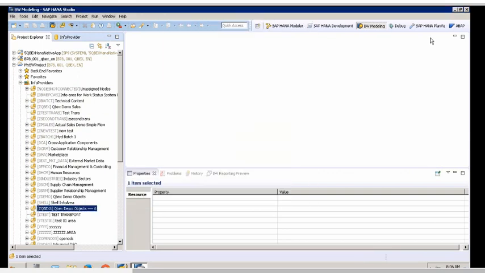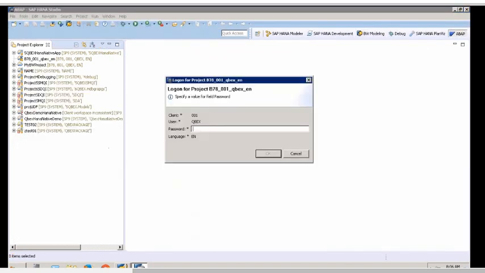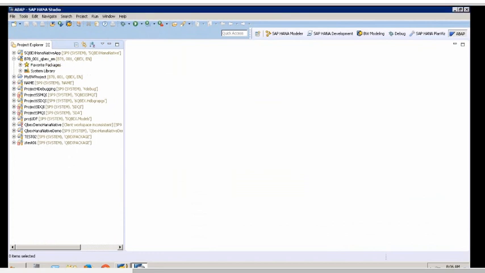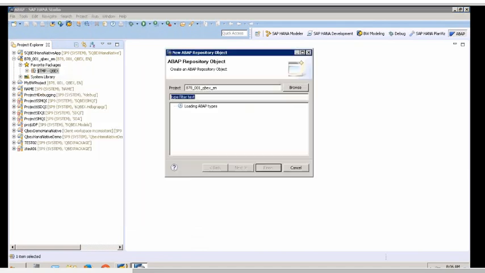Say if I want to work on ABAP specific to HANA, then I'll go to the ABAP perspective, then I'll go with an ABAP project. So you want to create what? You want to create an ABAP class or ABAP program or any kind of ABAP. You want to create some data dictionary, you want to create a table, a dictionary database view, whatever you want. Whatever you could do in SE11, all this can be done. So ABAP specific, BW specific, HANA native development, HANA modeler.